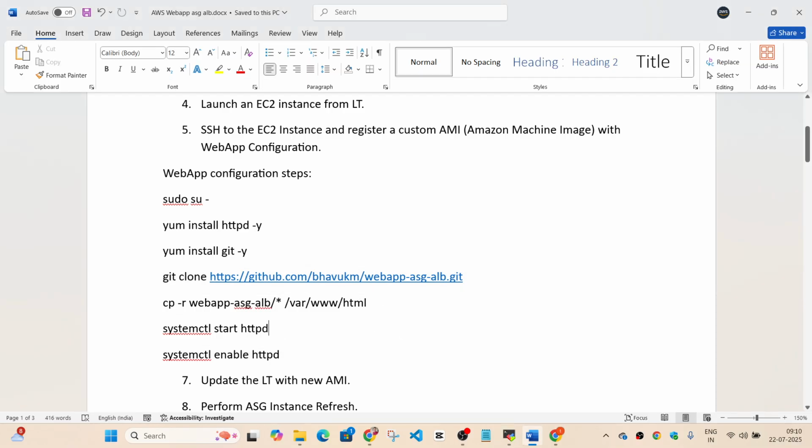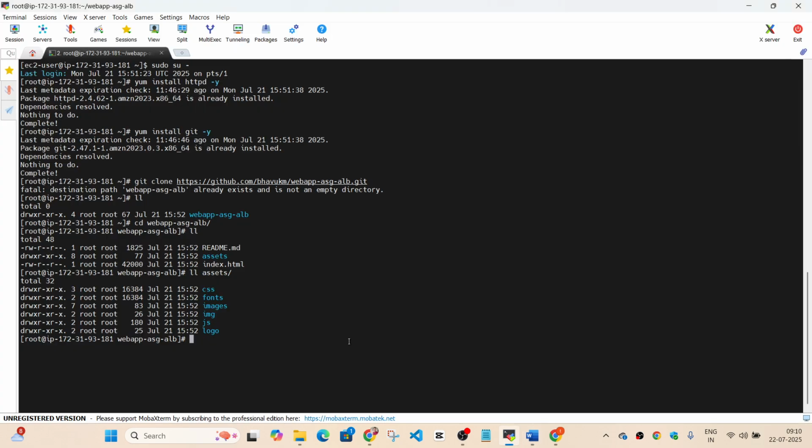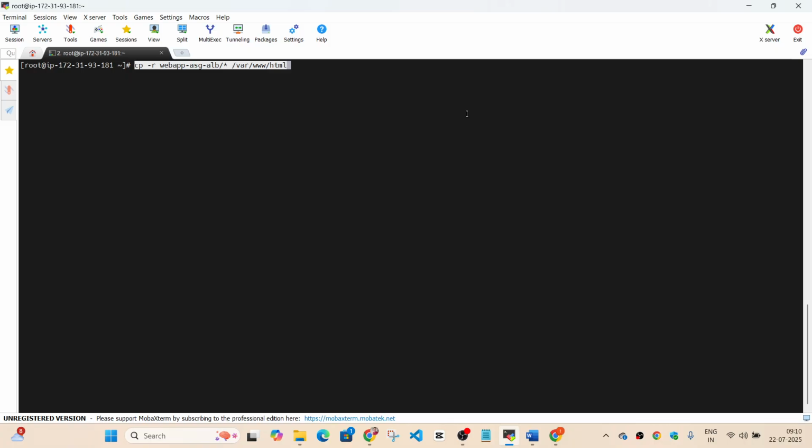After that, I'm performing this command. I'll just go one step back. So this command is going to copy all the contents from the downloaded repository, so within the repository /*, and it's going to copy it to the standard Apache directory from where the website is going to download the index page, which is /var/www/html. Okay, so it's going to copy all the stuff.